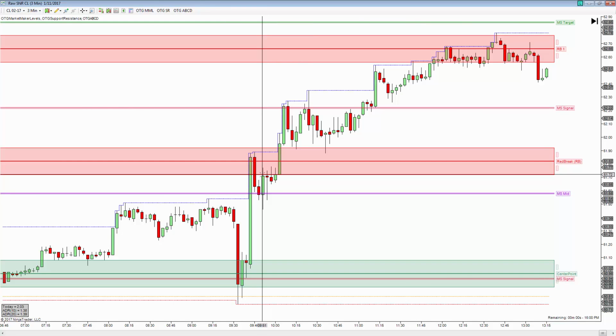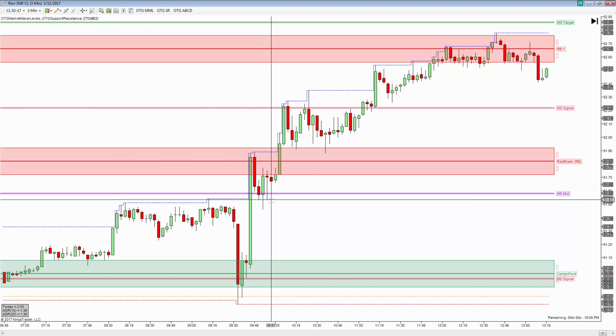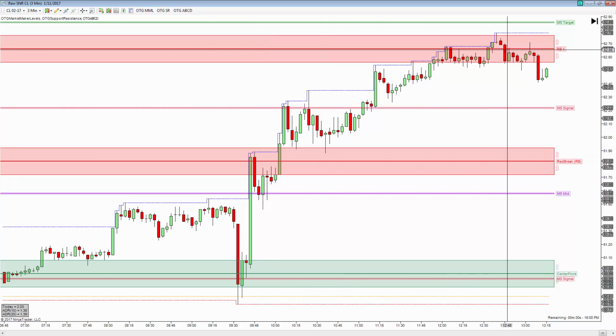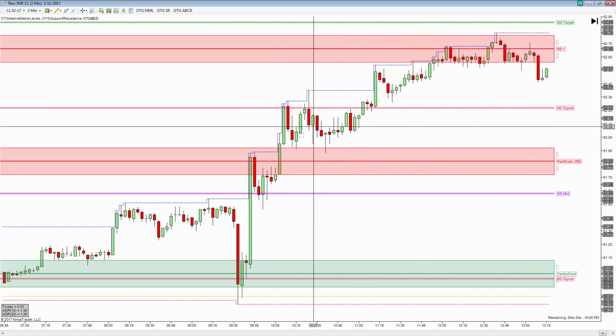That's the bottom of this zone. I looked to get long right in the bottom of this zone. We did peel back right here, so we came up here. I get long on this bar. The market comes down to 53. I get stopped out at 54. It rotates and comes all the way up to our next step and target on the chart up there, which is 52.66. So what you're going to hear me talk about in this quick video